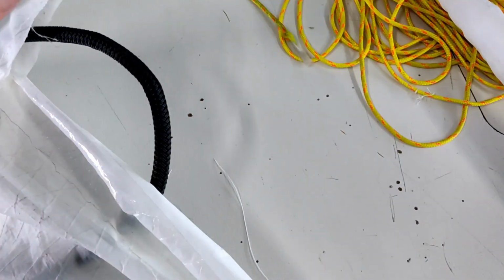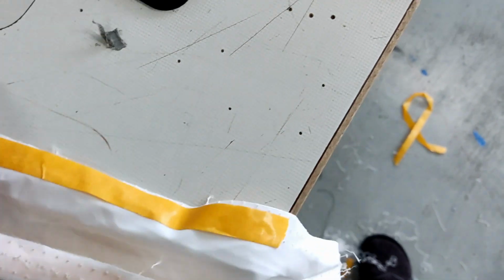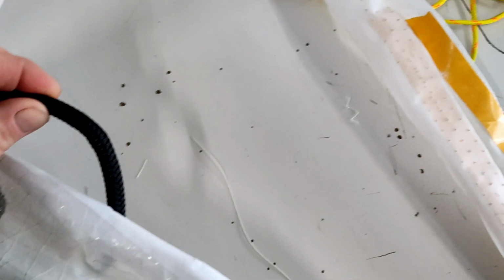Luff tape on, but it has a huge cable in it. That luff tape has been in with the cable for a long time, so it's quite twisted, so it's going to be a bit tricky to recycle it, but I'm going to try, and I'm just going to mouse through some line because sewing it with that cable in is going to be